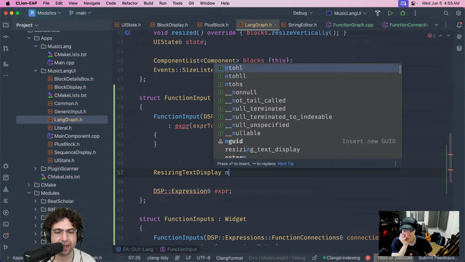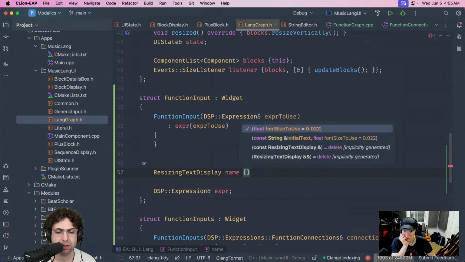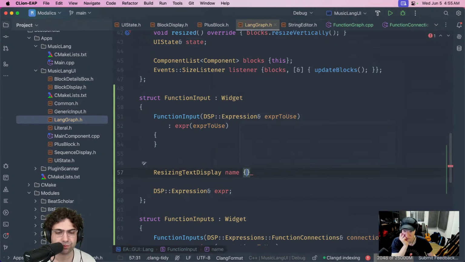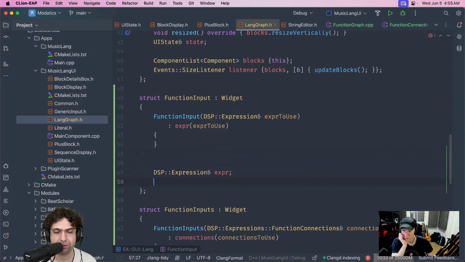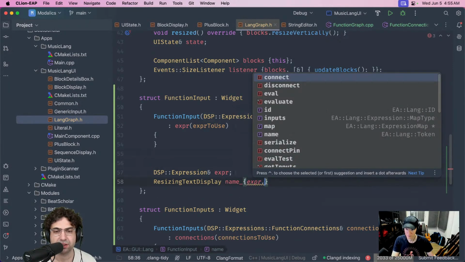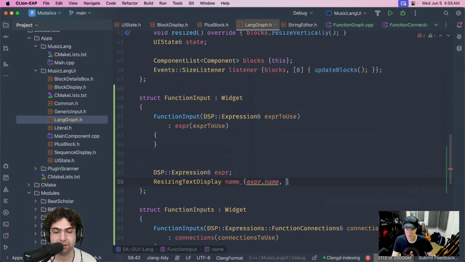So we select the name. It's going to need to be under name, because first the expression is initialized, then we do expression dot name, I guess, and the size is something like that.